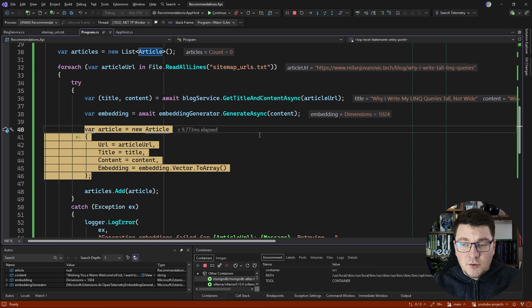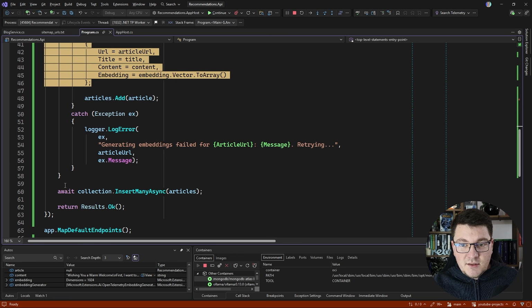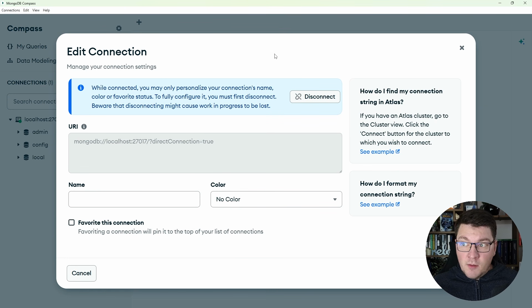So now I'm going to hit continue, and I'm going to wait a couple of minutes because it's going to take some time to produce all of the embeddings, as the model that we are using isn't particularly powerful or fast, so we need to give it some time to do the work. Once all of this completes, the documents will be available in MongoDB. So I'm going to jump into MongoDB Compass so that we can take a look at our collection and the documents inside. Inside of MongoDB Compass, which is a nice little UI that lets us view and manage our database,